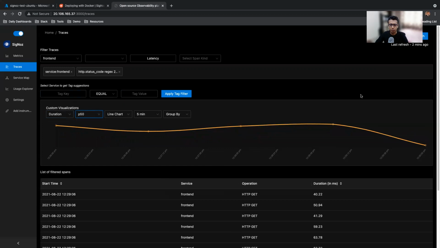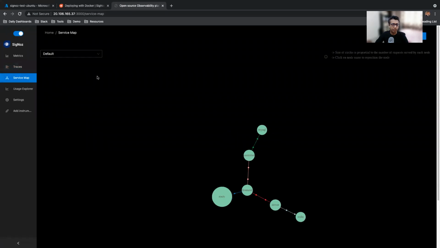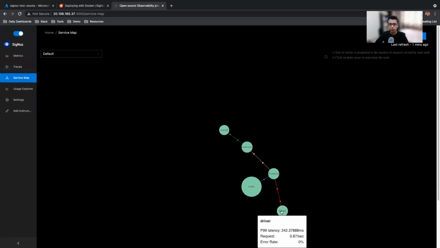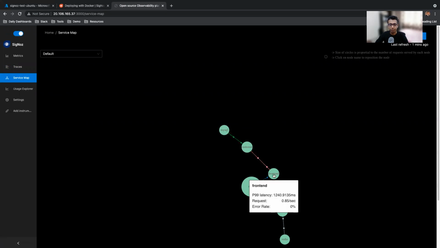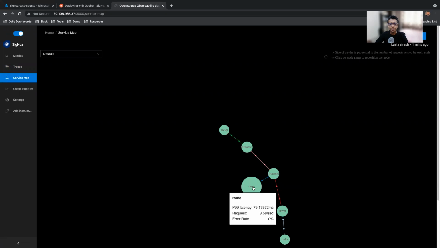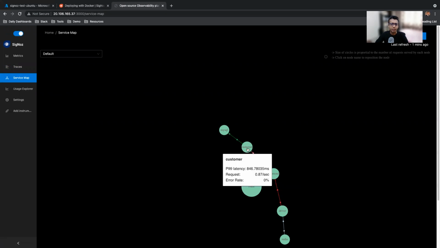So this is a very powerful feature which you can use to set any types of tags here. For example, if you have a customer of a particular type, you can put it out here, filter based on that, and see only the metrics for that customer, right? That's something which is very powerful. I'll also show you quickly the service map feature, where you can get an overall view of how the services look and how they communicate with each other, and when you hover over them, you get P-line latencies, requests per second, and error rates.